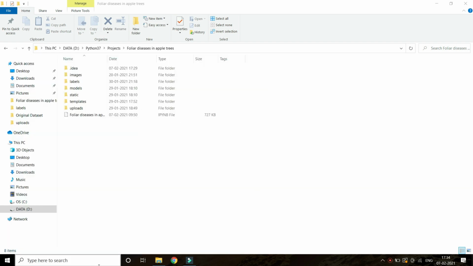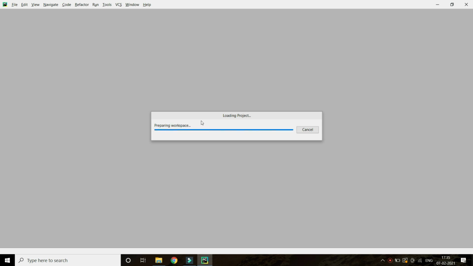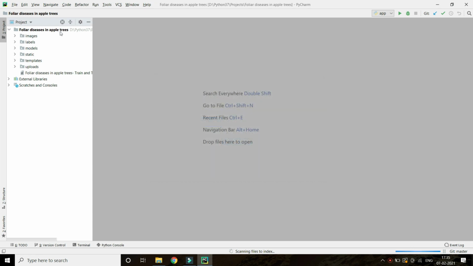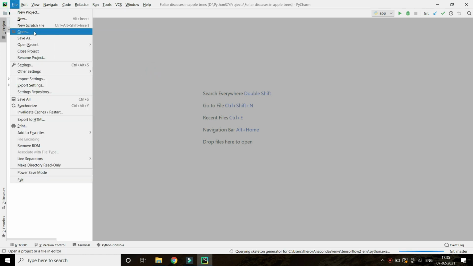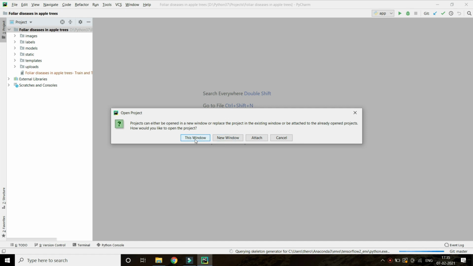PyCharm. I have already given you an app.py file, but here we are going to make it from scratch. PyCharm is the best IDE right now according to me, because it provides many features. You might find the project here, or just go to File, Open, and open this folder, click OK, and you will get the project in this window.